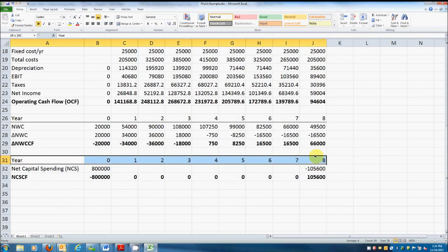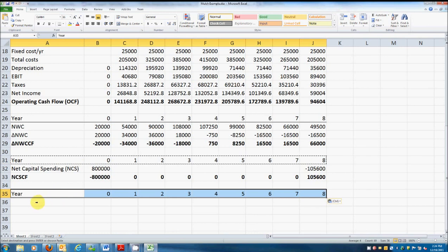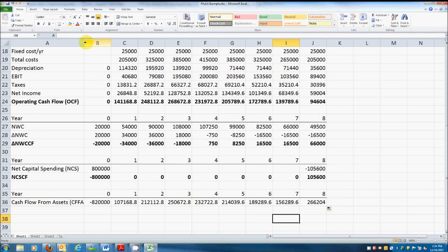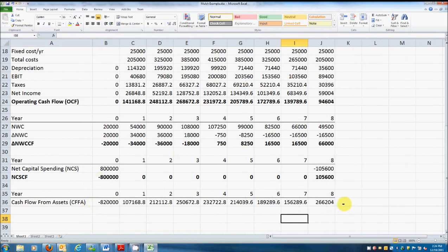Now we can figure out our cash flow from assets. Cash flow from assets. You may hear me call this CFFA. And all it is is adding all these three things together. So I'm going to say B24 plus B29 plus B33 and hit enter. And I'm going to drag that on over. Okay. Now we finally have the numbers that we're going to be looking at for our